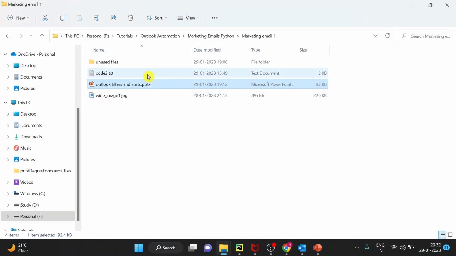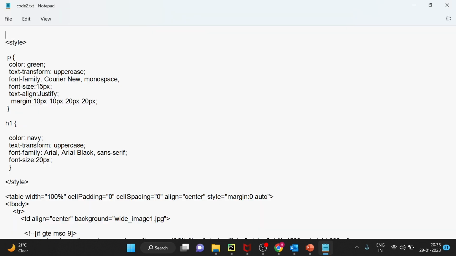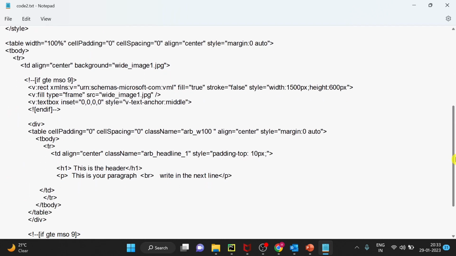So here you have this HTML file. I will share the link of the file in the description, but before that I will explain. Here I have added the style that I have added in my text, and then we are using a table inside a table. Remember this point, table inside table. You can see table 1 is here, and inside that this is the MSO code. This is the most important thing